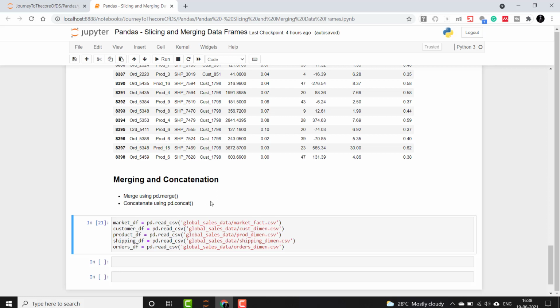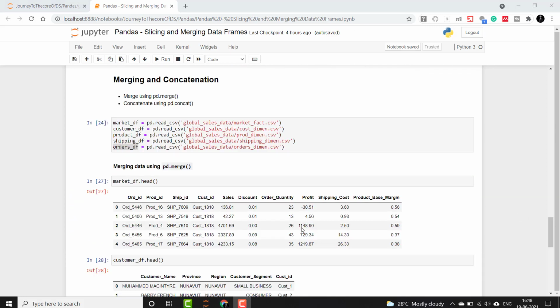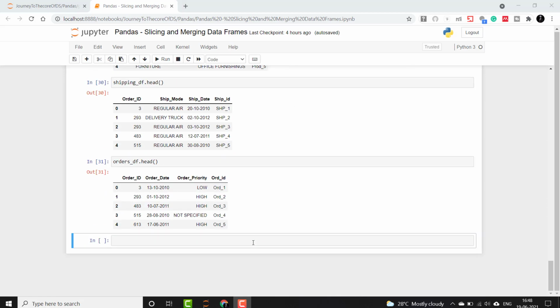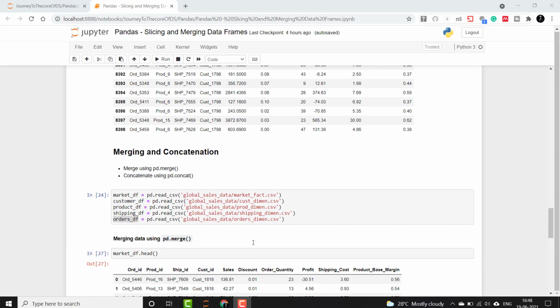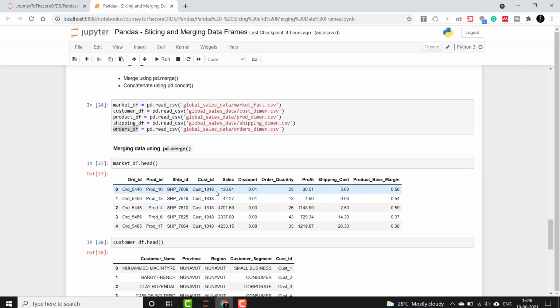So let's first read these data files. I have already written this, so I'll execute it. Before we move on with various merge rules and operations, we will first look at the data of these data frames. I have printed the heads of each one of them. These are the 5 files that we have. The market fact table, which you must have observed already and that we were using before, contains the sales data for each order.